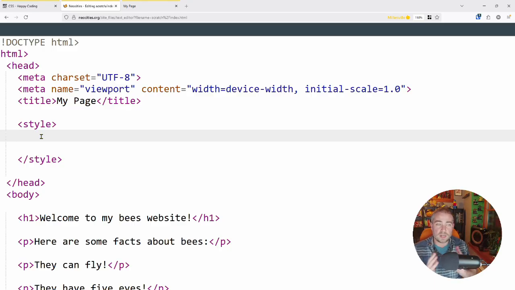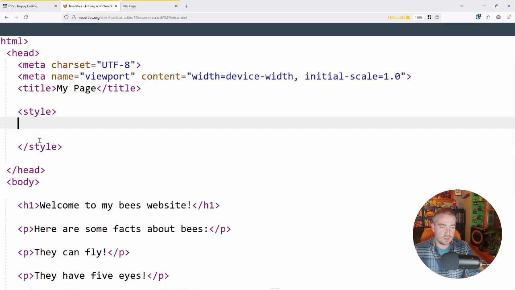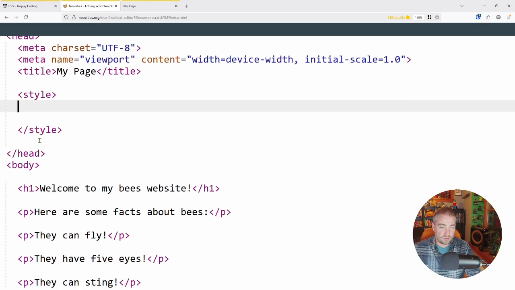I'm no longer writing HTML. I'm no longer adding content. I'm not adding other HTML tags. I am writing in a different coding language called CSS. And that means that, similar to how different human languages have different letters and different rules, different coding languages have different syntax rules, which really means different symbols and rules about how those symbols get used. So let's say, for example, that I wanted